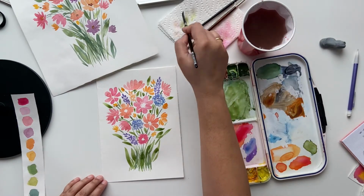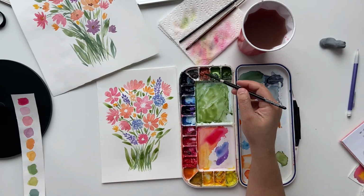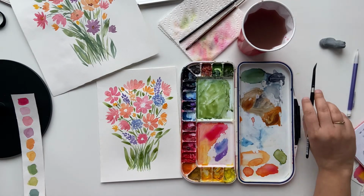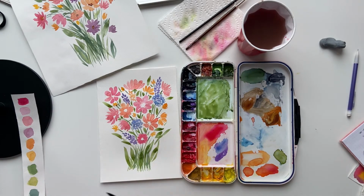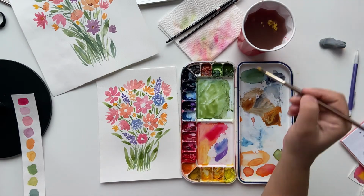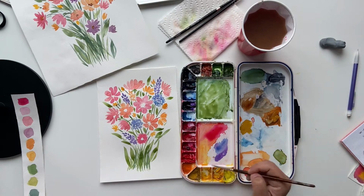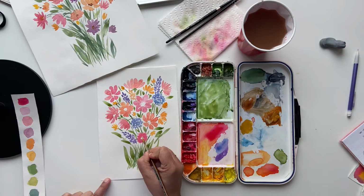All right, now I'm going to take a brownish tone. What I'll usually do is, this is Chinese brown or Chinese orange, and I mix it with this shade. I completely forgot the name of this shade. Whatever it is, it's some yellow, yellow ochre, I guess. So I'm going to mix these two shades over here, and then we'll paint the center of these flowers. If you want, you can just use more of yellow. Some people like that. Let's go with the yellow actually, and add a little bit of this brown. Yeah, so this is the shade that I'm going to use, and I'm using this brush for now, and just going to make dots in the center,